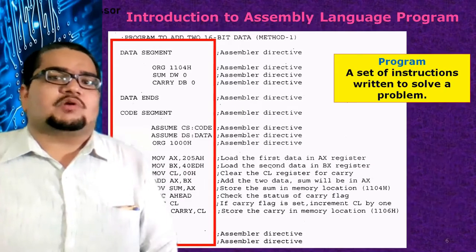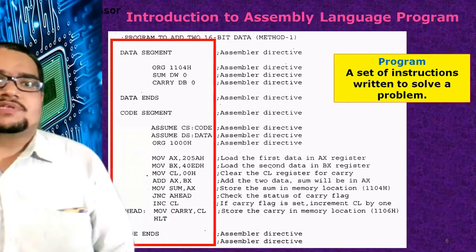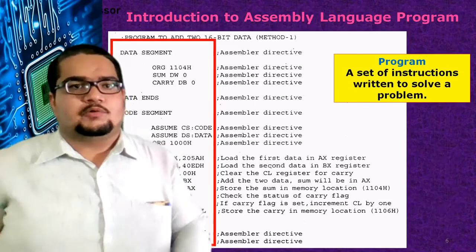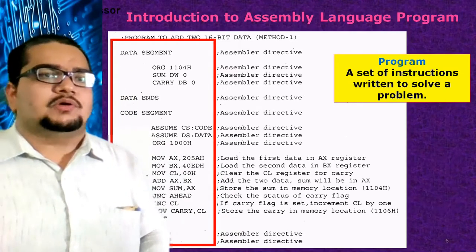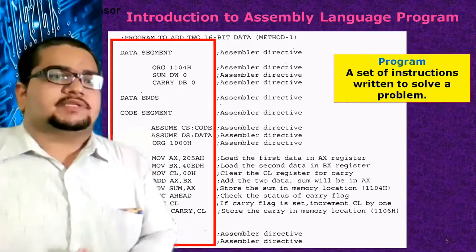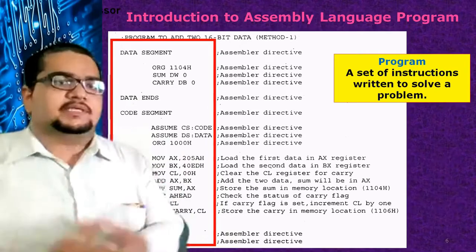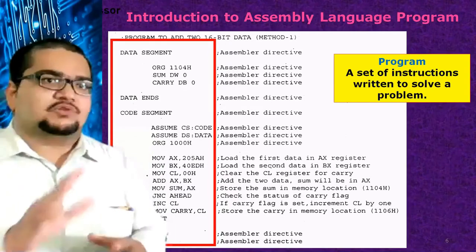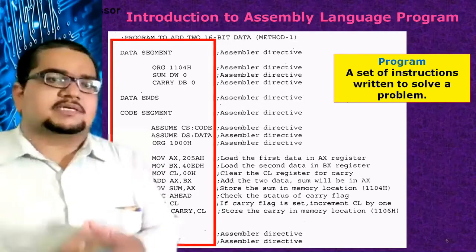So this is the programming structure we have seen in the previous class. It is the assembly language program structure. In this whole programming structure, you can check there are three or maybe four things we have looked at. The whole thing is called a program. A program is a set of instructions given to the processor to do a certain task.